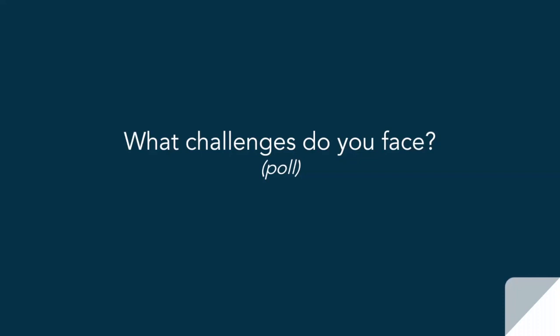The second question is, do you have to fix mistakes by your answering service? If that doesn't apply to you, feel free to skip it. Oh, I'm so sorry. Those are all required. That is actually my mistake, I'll fix that for the next one. But go ahead and hit no if that doesn't apply to you. And the third question is, does your answering service sometimes send calls to the wrong volunteer or staff member? And have you heard of another organization facing the same challenges that you face?